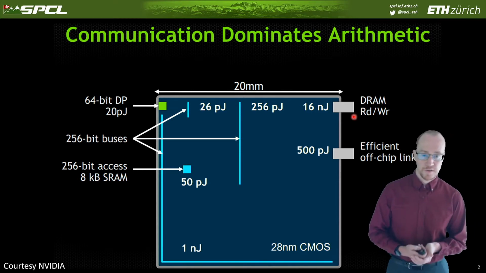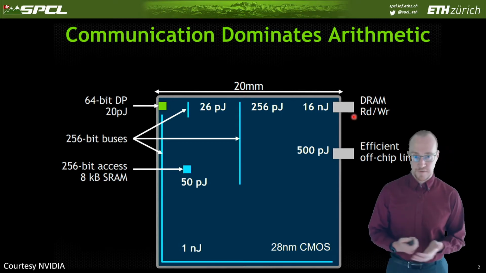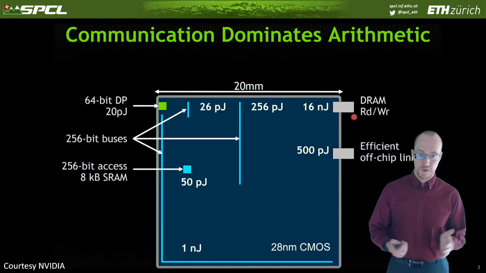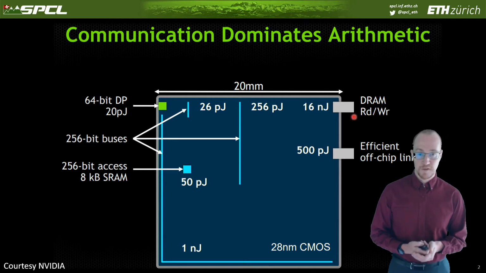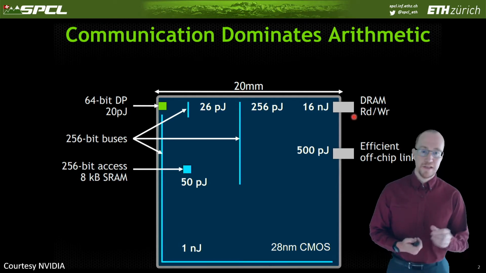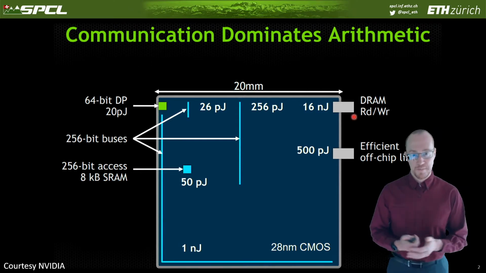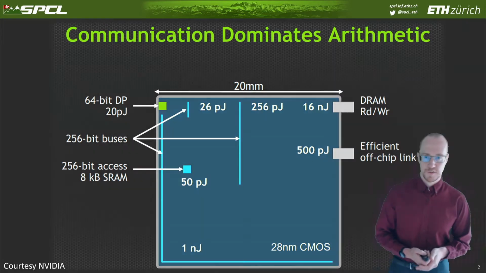This is just getting worse over time, because there are various laws: when we shrink the process technology further, the metal layers will get thinner, and thinner metal layers have a larger resistance. But I'm assuming you're well aware of this in this workshop, so let me not spend too much time on this.